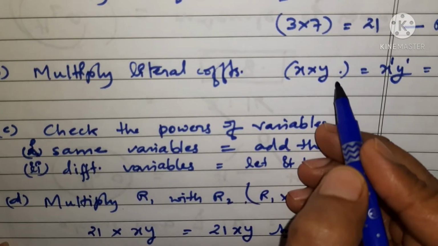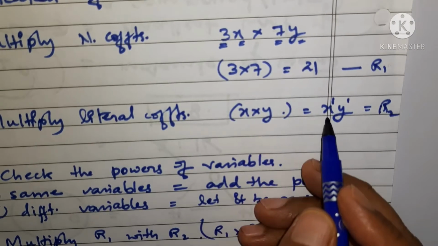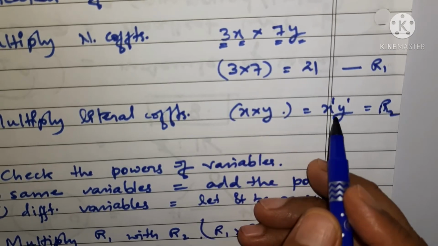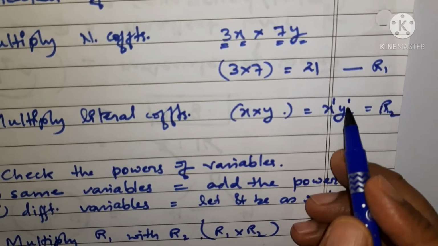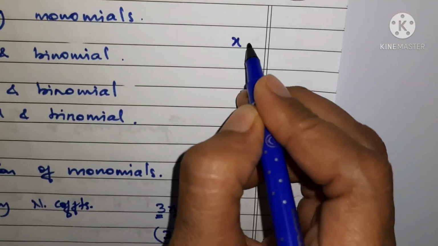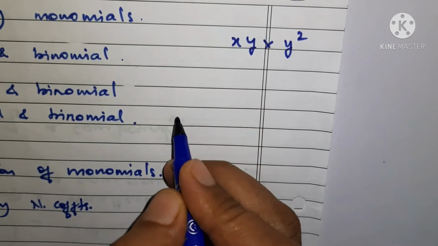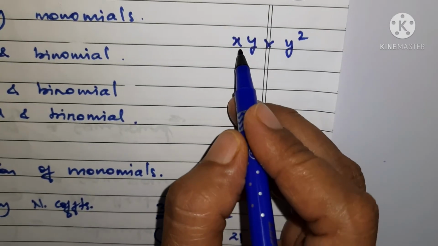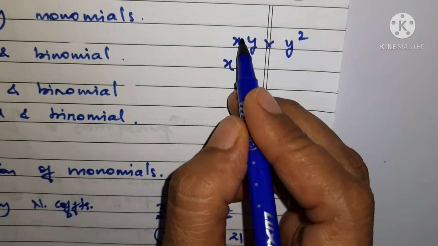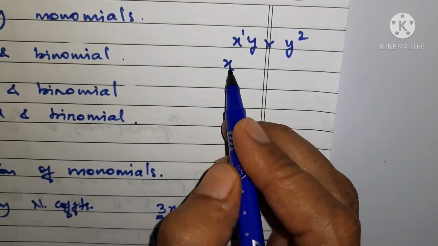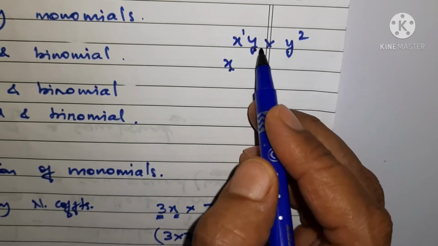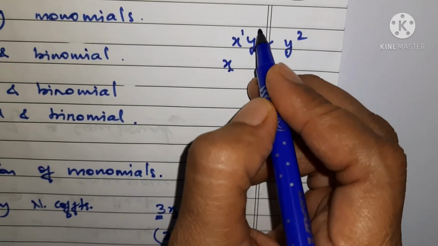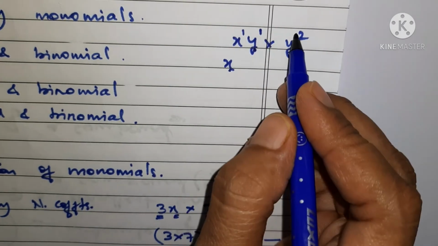ठीक है, तो हमने यहाँ पे देखा कि variables हमारे different हैं. x अलग है, y अलग है. OK, we are having different variables, so हम इनके powers को add नहीं करेंगे and we are going to keep it as such. यदि ये अलग अलग भी होते और इस तरह से कुछ होते, x y इंटू y square, तो हम x को as such रख देते, ये तो एक अकेला variable है, लेकिन y के दो variables हमें दिख रहे हैं, एक यहाँ पर और एक यहाँ पर, तो इनके powers को हम add कर सकते हैं.